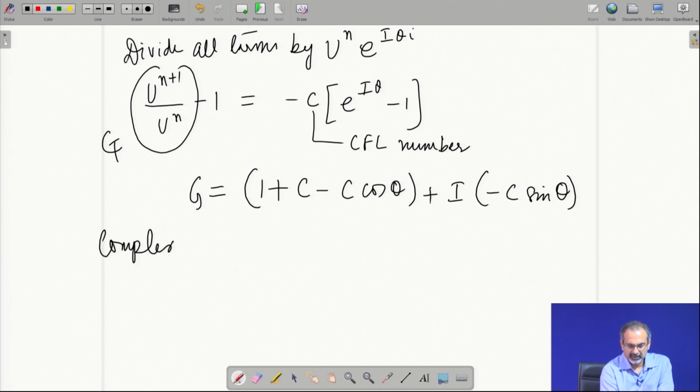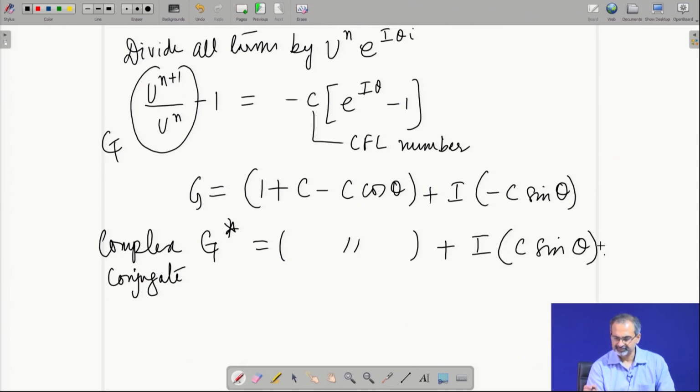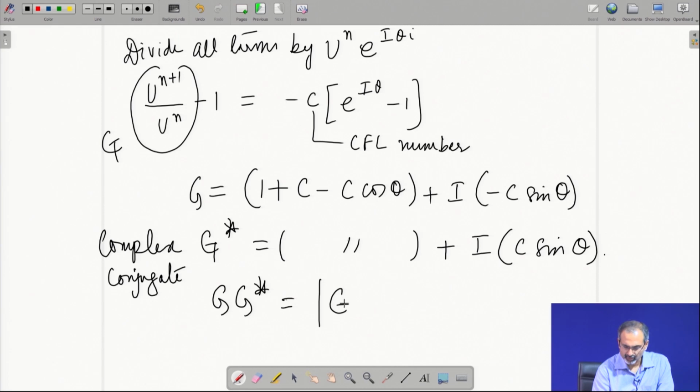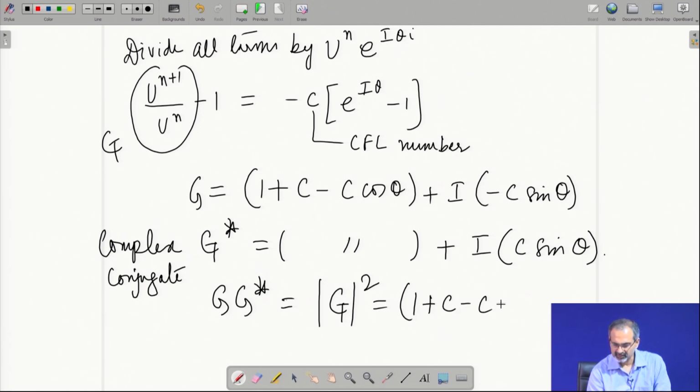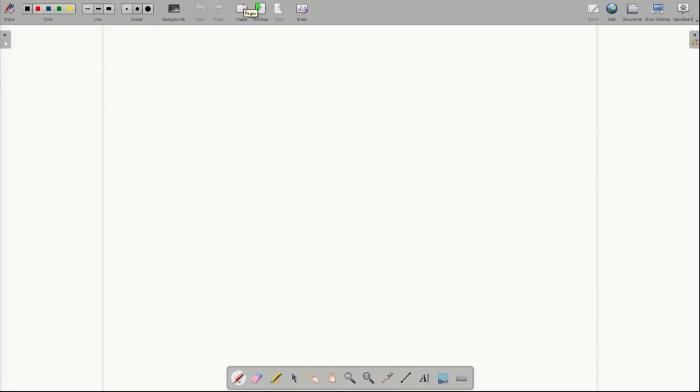We saw last time that in that case we would define its complex conjugate in order to find out the expression for the modulus of g. So, the complex conjugate will have the same term coming from the real side, while the sign of the imaginary part gets flipped, and then if we multiply g with g star, we get modulus of g whole square, and that is nothing but the square of the real part plus the square of the imaginary part. If you expand it, you will get